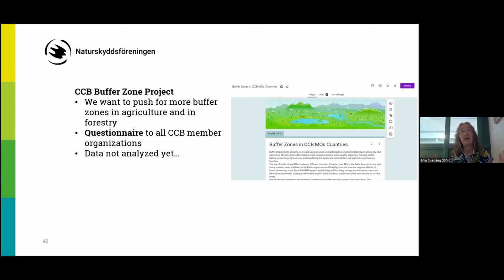So we want to gather information all around the Baltic Sea to be able to compare different countries and to have sort of a benchmark that we can go out and push for more buffer zones in the Baltic countries. And